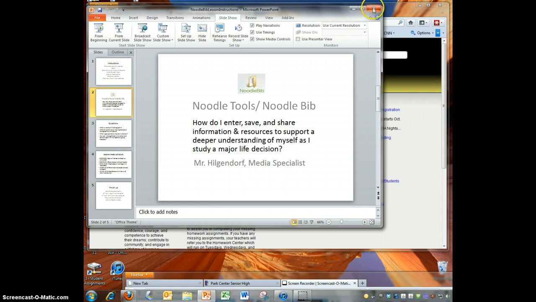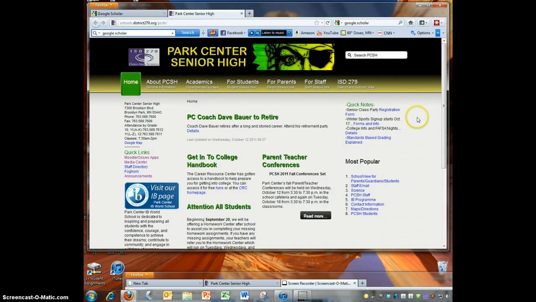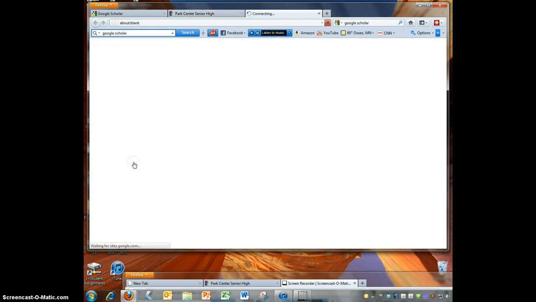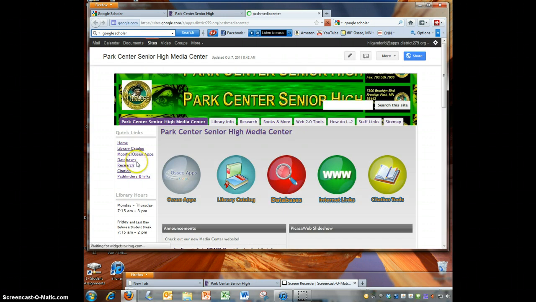So where we're going to start is going to the Parks Center homepage in order to get to the Media Center page of the Parks Center site. You can click on that link. There was also, if you go down from students, the student menu, the Media Center is on there. We're looking for citation tools. This site does have some other really great resources when you're doing research, and the database section is among them. But this is not the topic today. So go straight to citation tools,